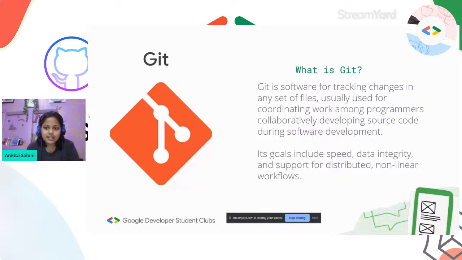Someone wrote an essay in that. I reviewed the essay and then I felt that there might be something that needs some sort of modification. I made the changes and I saved the essay. When I revisit that essay, the modified one, I might not be able to see what are the changes that I've made and what is something that I've modified or what was the earlier version of that.